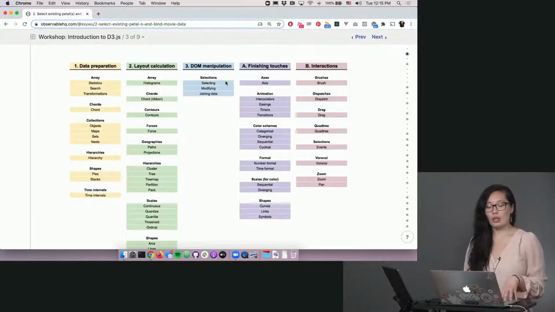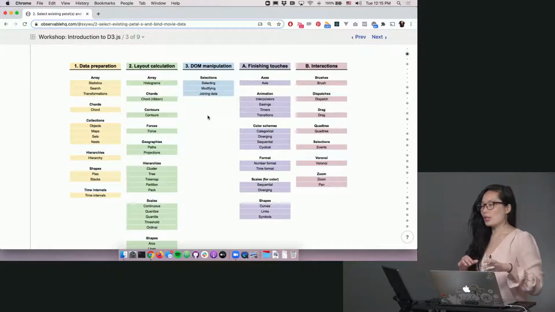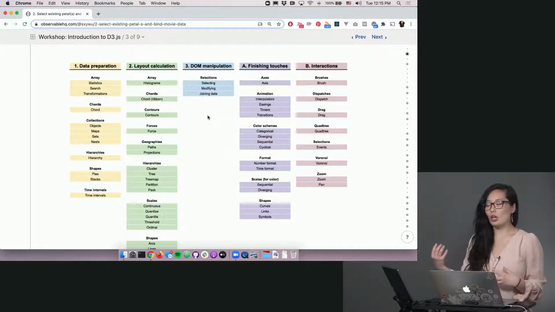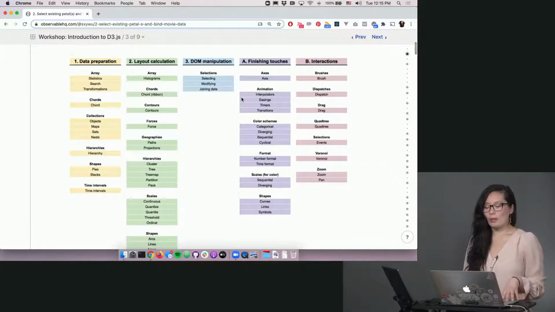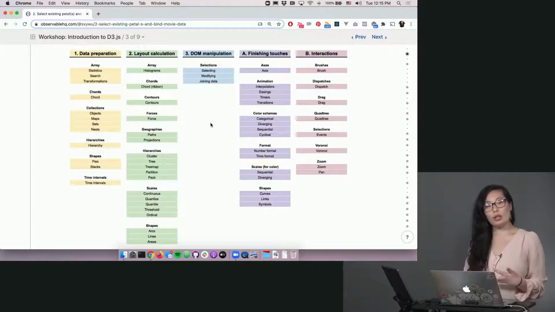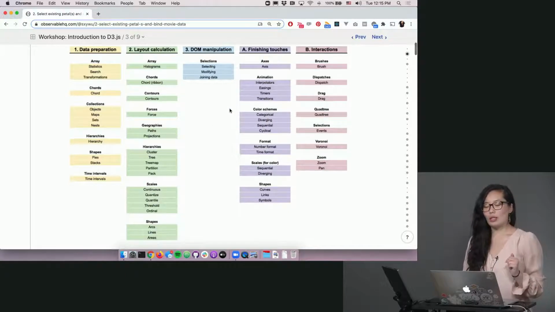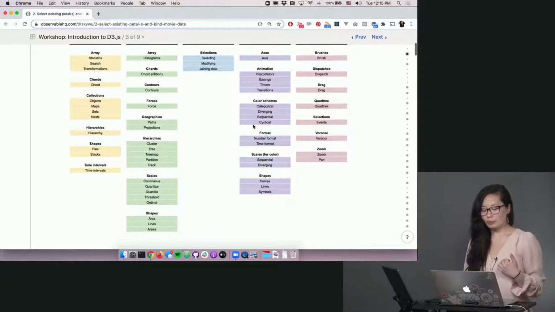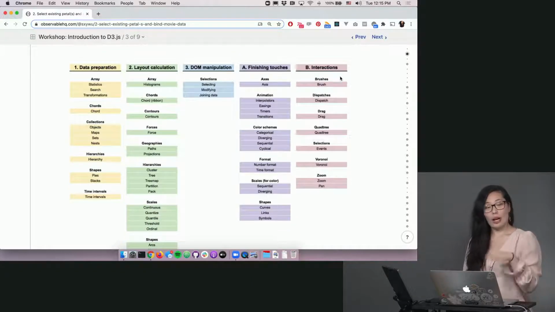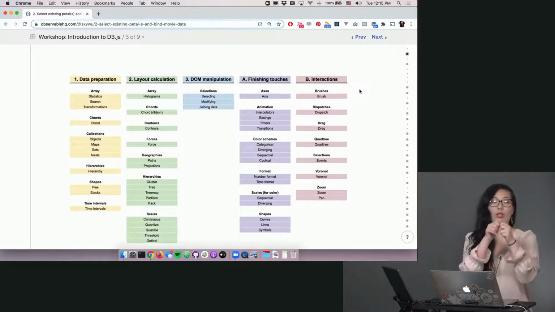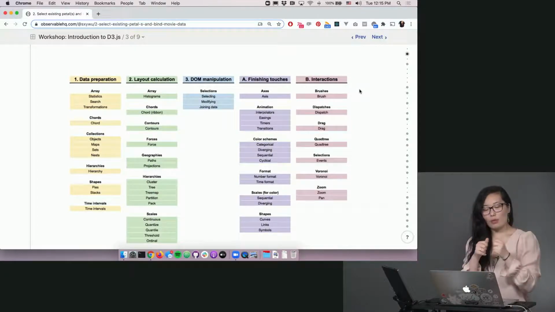And the third section is DOM manipulation. So that's making sure that the correct DOM elements are created or removed based on the data that we have. And then we have some finishing touches. So that might be D3 making it really easy for us, if we have a chart, to draw the axes for us. It has some support for animation. It has some support for interactions, and so that might be being able to drag different shapes in the visualization, or